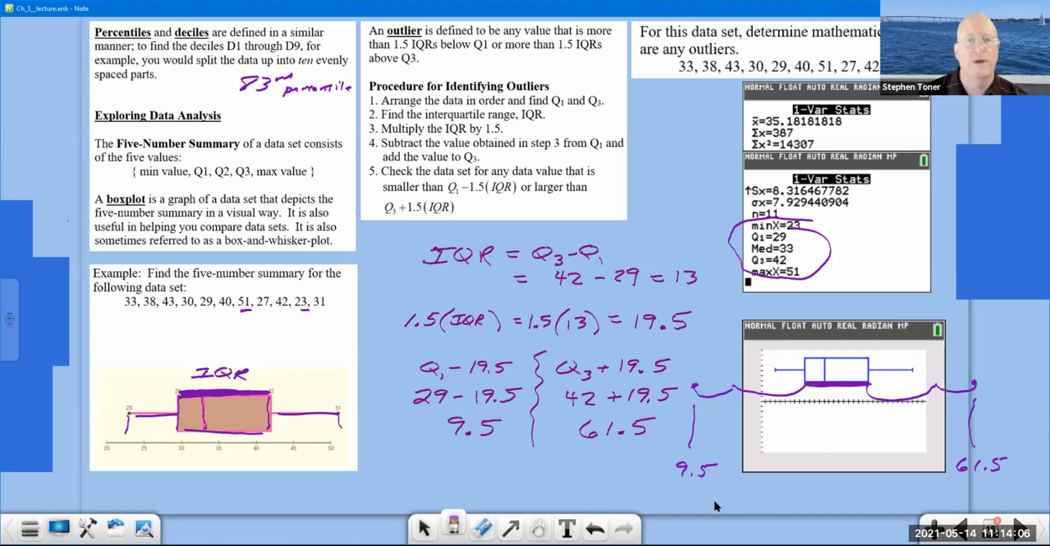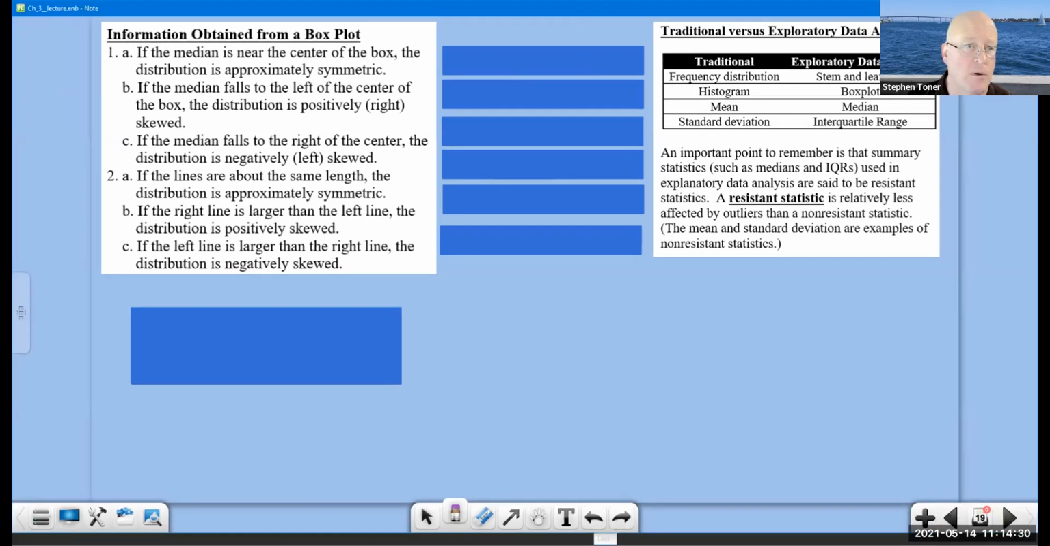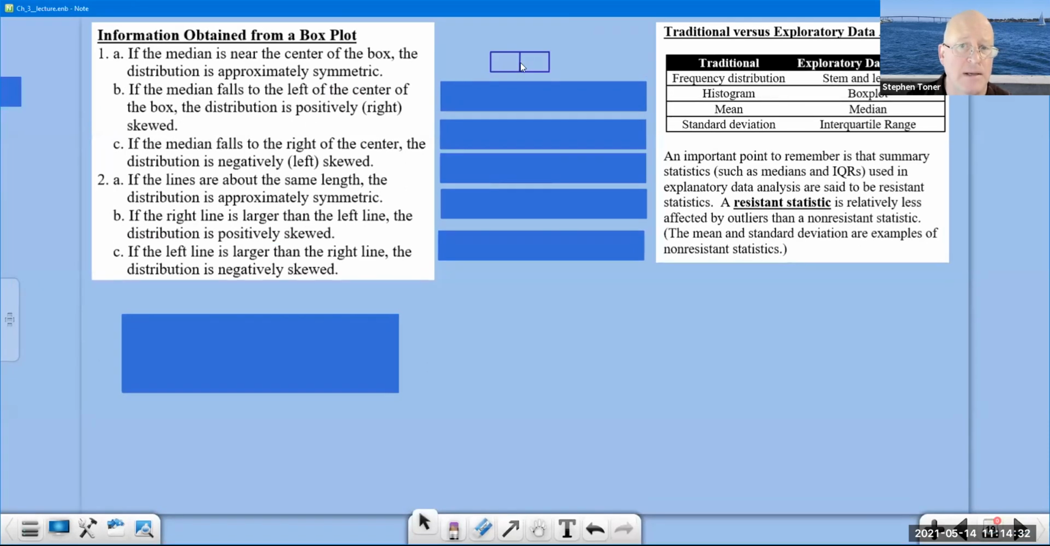Okay, now when you are drawing these different types of box plots, you don't want to just be able to draw them. I want you to be able to learn or glean information from them. So let's look at each of these different statements below. If the median is near the center of the box, I've just drawn a picture over here and I'm only focusing on the box. If that median is in the center of the box, then we say that the distribution is approximately